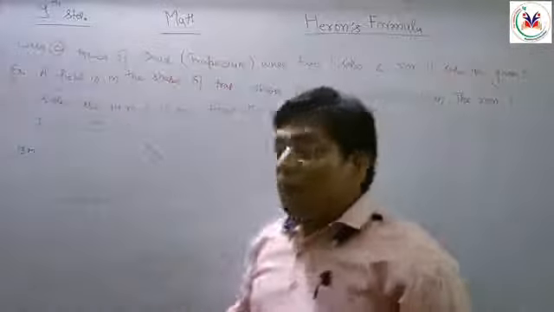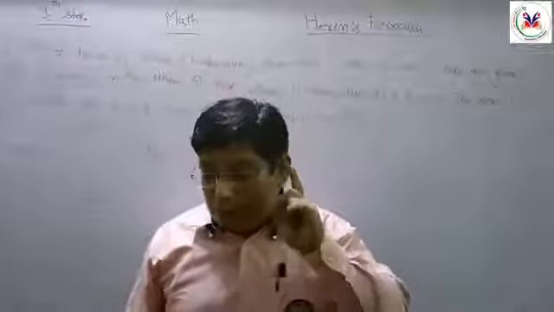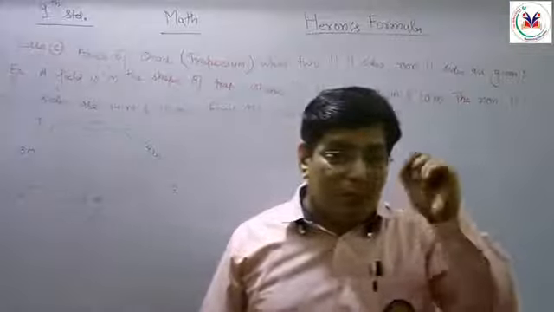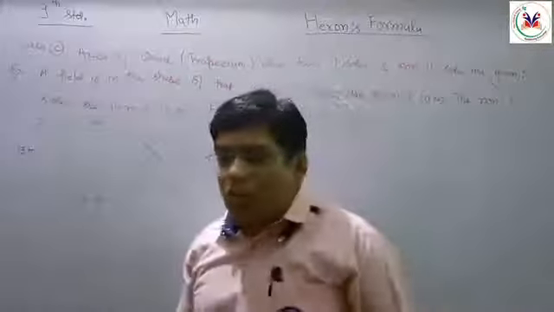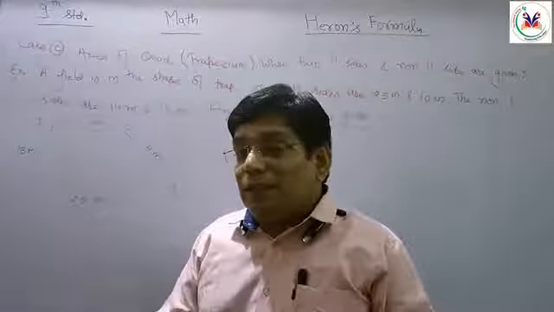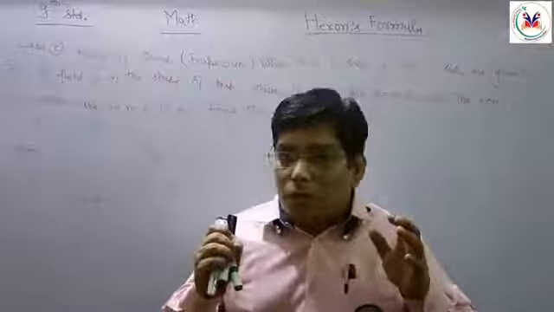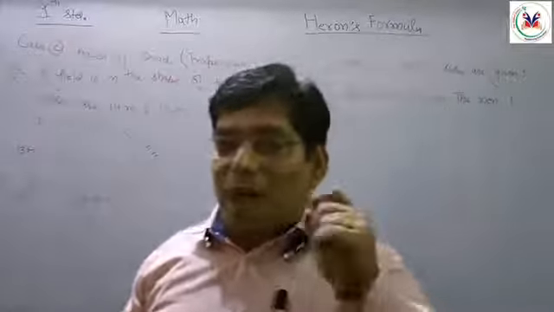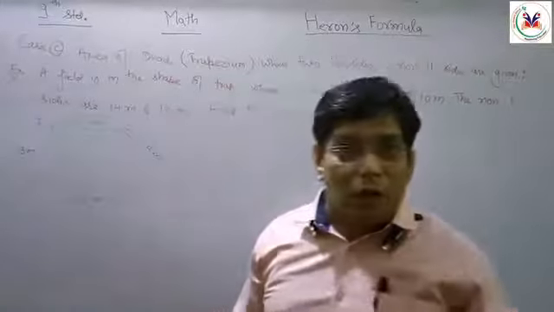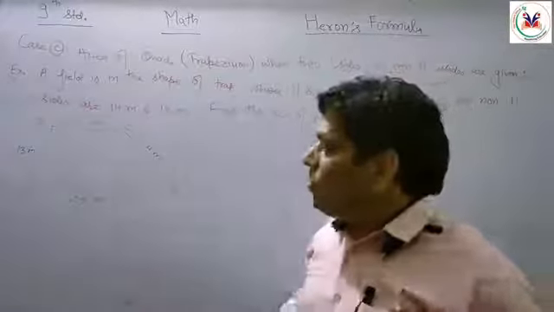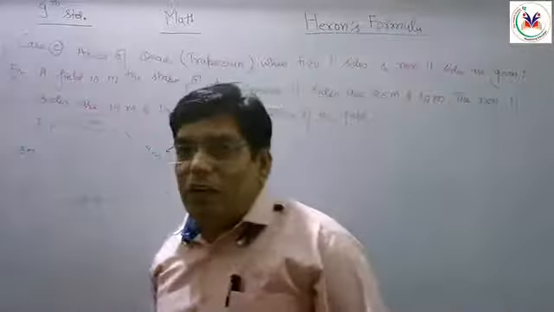Now the thing is, how can we solve this kind of question? Just listen to my words properly. Whenever we are going to calculate the area of a trapezium and we have to use Heron's formula, we should use the property of a parallelogram. You know it, the opposite sides of a parallelogram must be parallel and equal also. So in that situation, we have to draw a parallelogram in that given trapezium.